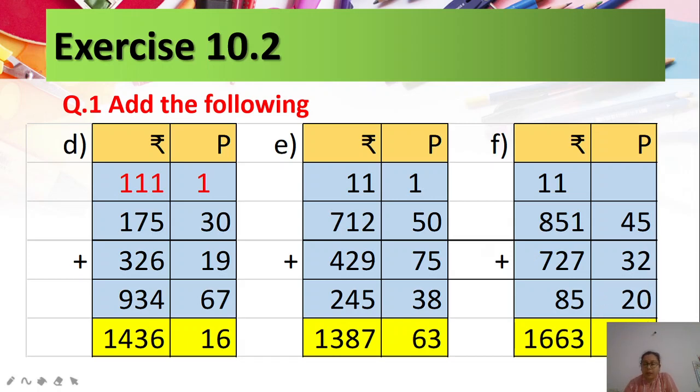5 plus 2 will be 7. 4 plus 3, it is 7 plus 2, 9. Then it is 7 plus 1, 8, and 8 plus 5 will be 13. So we have written 3 here, 1 will be the carry over. Here 8 plus 2, 10, 10 plus 5, 15 plus 1, 16. So we have written here 6, 1 will be the carry over. 8 plus 1, 9, 9 plus 7, 16. Okay, so our answer is 1663 rupees and 97 paise.